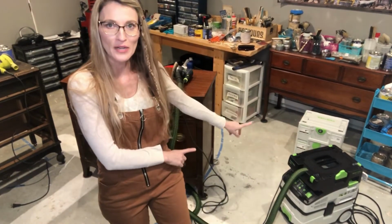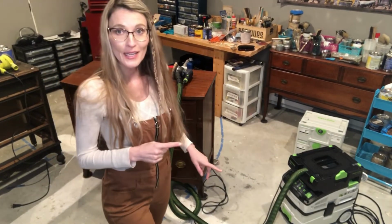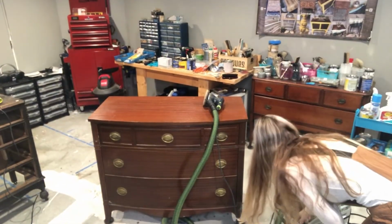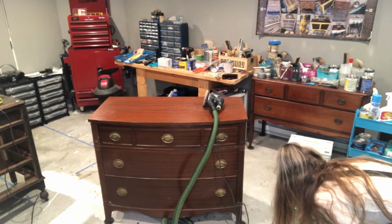Okay, you guys, I'm really excited. Okay, I got everything set up. The dust extractor's over here. It's hooked up to my orbital sander. I'm going to plug it in and we're going to get started. I'm just going to adjust the camera a little bit so you guys can see more of the top of the dresser, okay? Let's do it. Okay, so let's go. I'm setting my